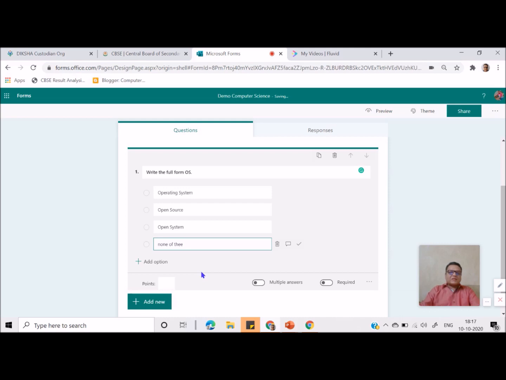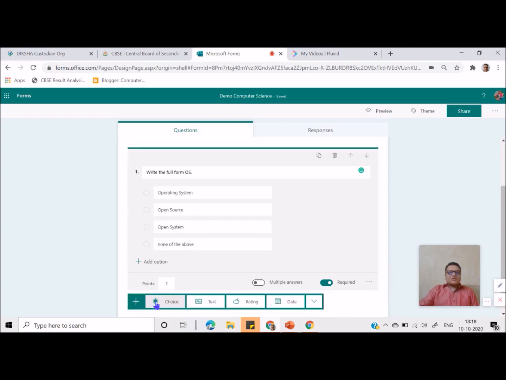But in this case, if I'm writing none of the above, there is an option that when student will see, and herein I can mark 1. We have an option that we can say required and we can shuffle the option. If we say shuffle the question, it means the answer will be shuffled. But herein I am saying none of the above, so we should not take shuffle option from this.